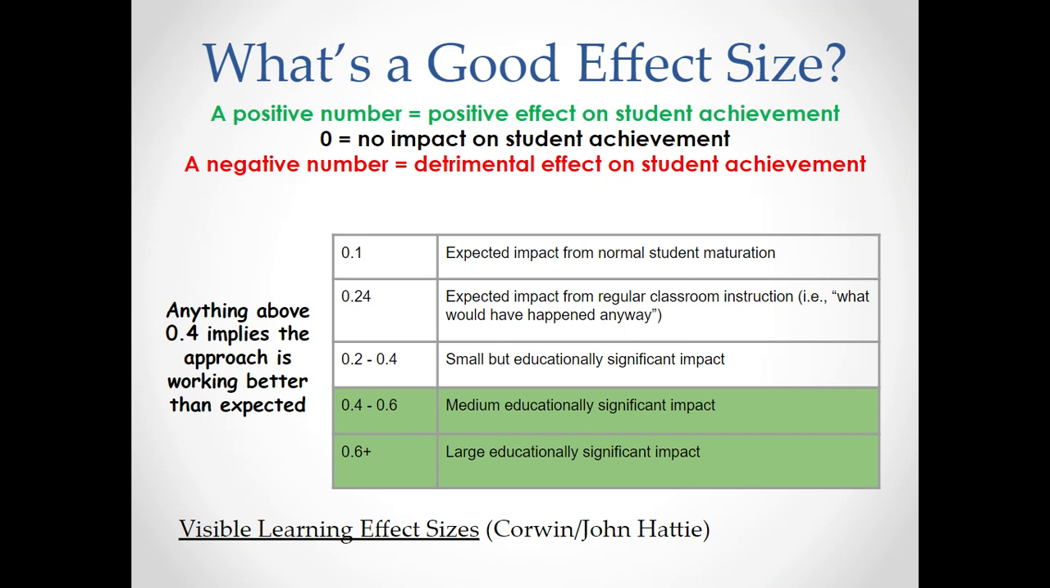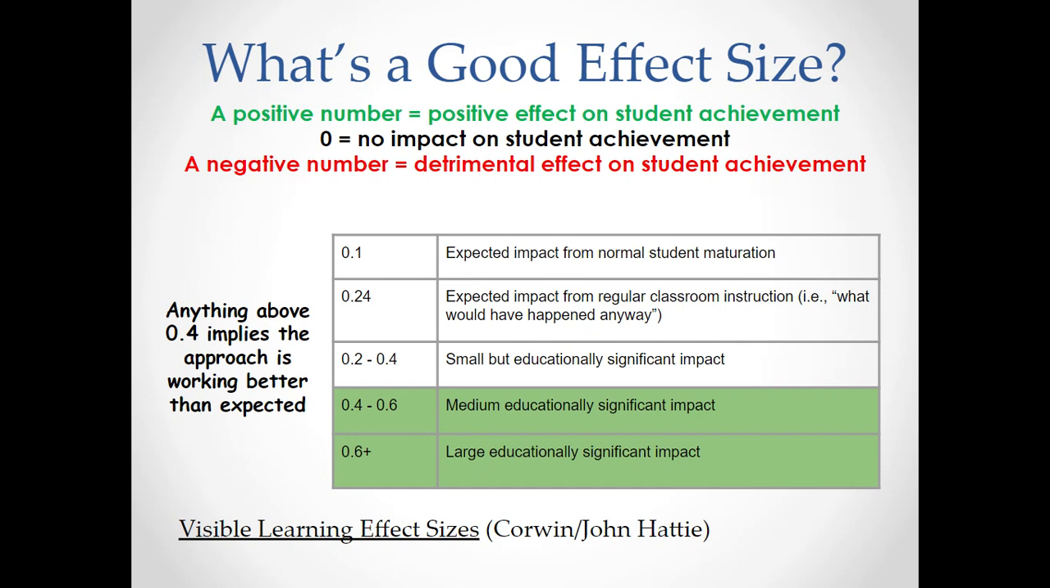But if I'm going in, so I want to look for things that have a positive impact on student achievement, but I want to be thinking about maximum impact. So, how much of a positive impact do I really want to be looking for when I'm taking a look at evidence based practices? So, in general, this is information that is supplied by Corwin and by the research of